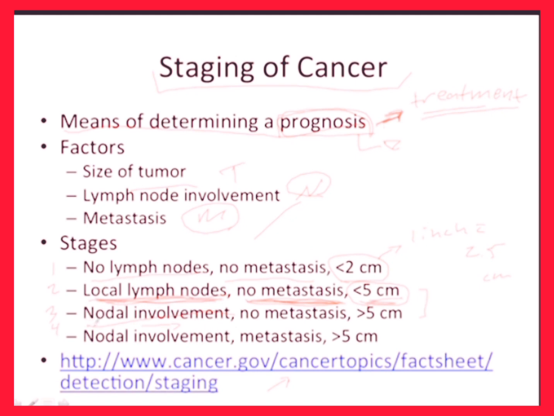Whereas with a stage 3, the big factor with this is the size. All right, so basically, yeah, there's more nodal involvement. It could potentially be a little more than local, but the big thing here is that it's bigger than 2 inches. All right, and it still hasn't metastasized yet, but obviously now it's getting closer to developing into that cancerous stage. So basically when someone is diagnosed with a stage 4 cancer, now we have massive nodal involvement. It is metastasizing, and it's greater than 5 centimeters.